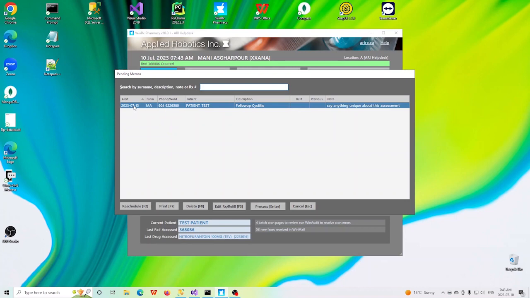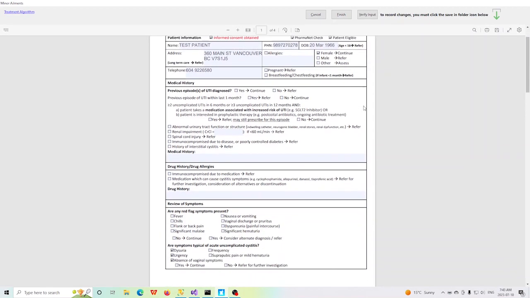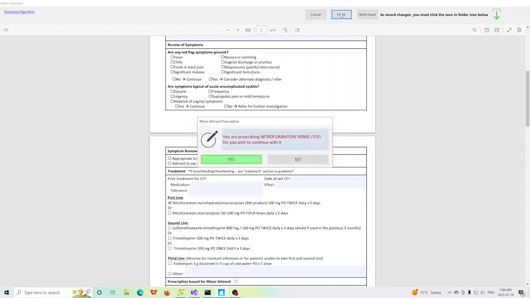We're just going to process this now to see what the process is. When we do the follow-up, it's going to bring up the form that we previously filled out, at which point the user would typically indicate that there are no symptoms, for sake of example. We'll assume in this particular case that it's been successful. You don't really have to uncheck these because when we save this and finish it and sign it,